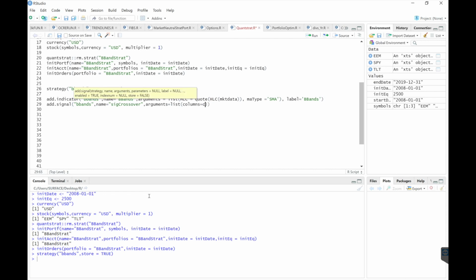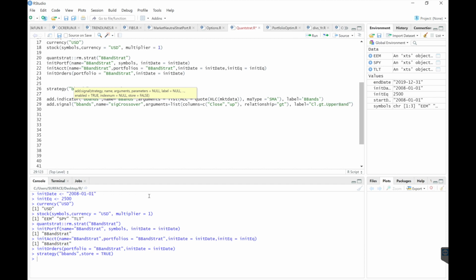So our columns are equal to close and up. Relationship, we're going to set this equal to GT, which is greater than. And we're going to label this close greater than